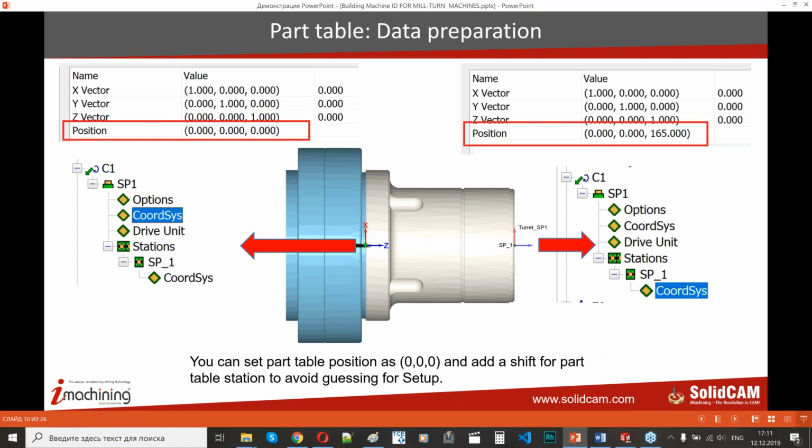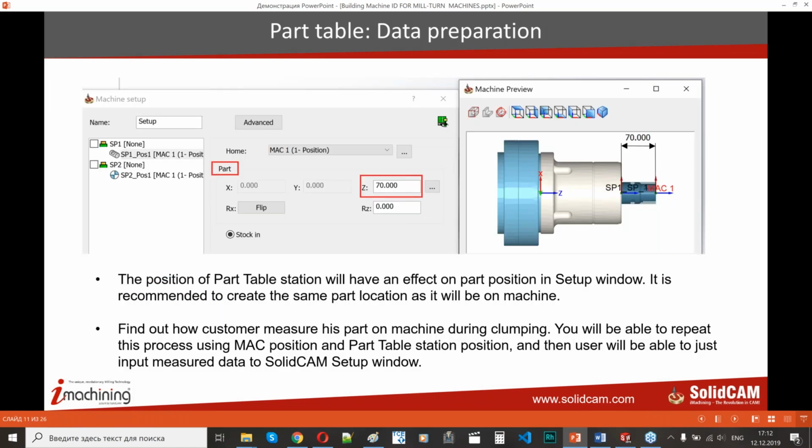And this is very helpful because you can input the length of the clamping device from a manual or from a fixture catalog into the position field of Machine ID. Let's go further and check how these figures will influence the setup window of the CAM part. From SolidCAM 2018, we got a very convenient and easy to use machine setup dialog window. Together with the machine preview dialog window, it will help you to start your project and answer questions about stock, position, and safety